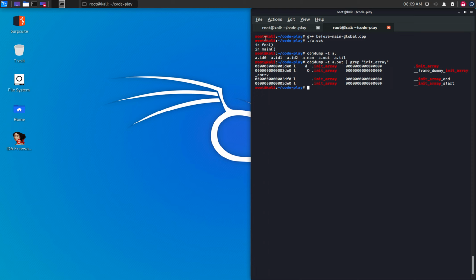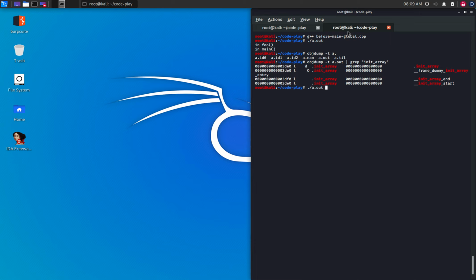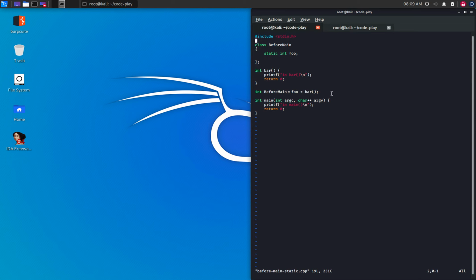Right, let's compile and test the order of execution of the two functions. Let's see together here. The -Wall flag turns on almost all the warnings. A good idea most of the times. As expected, the bar function got executed first before the main.